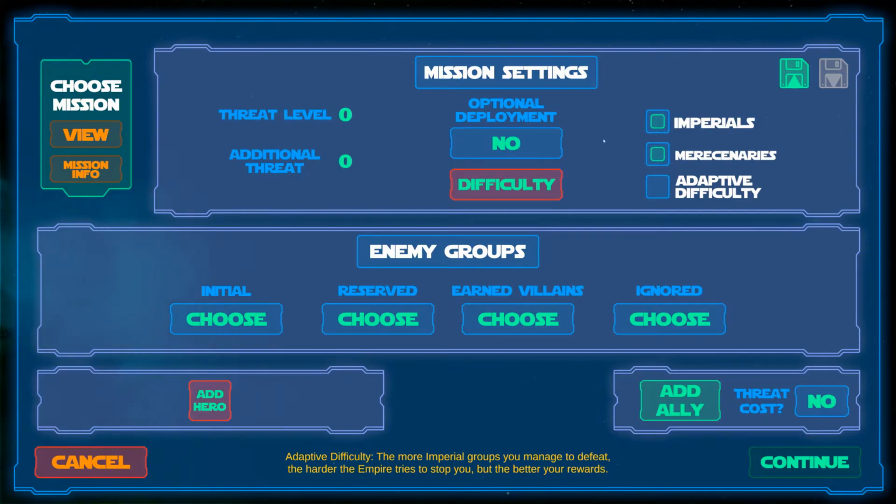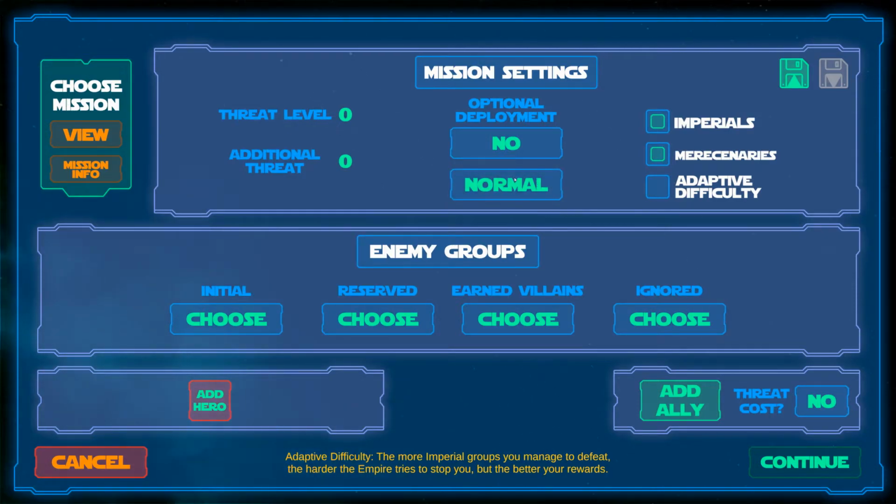Before we dive in, let me talk a bit about difficulty. The printed Imperial Assault campaigns are balanced for play against a human player. Some of those missions work better with Imperial Commander than others. That's why the app features a lot of options to set the difficulty to your liking. The most obvious one is of course the difficulty setting.